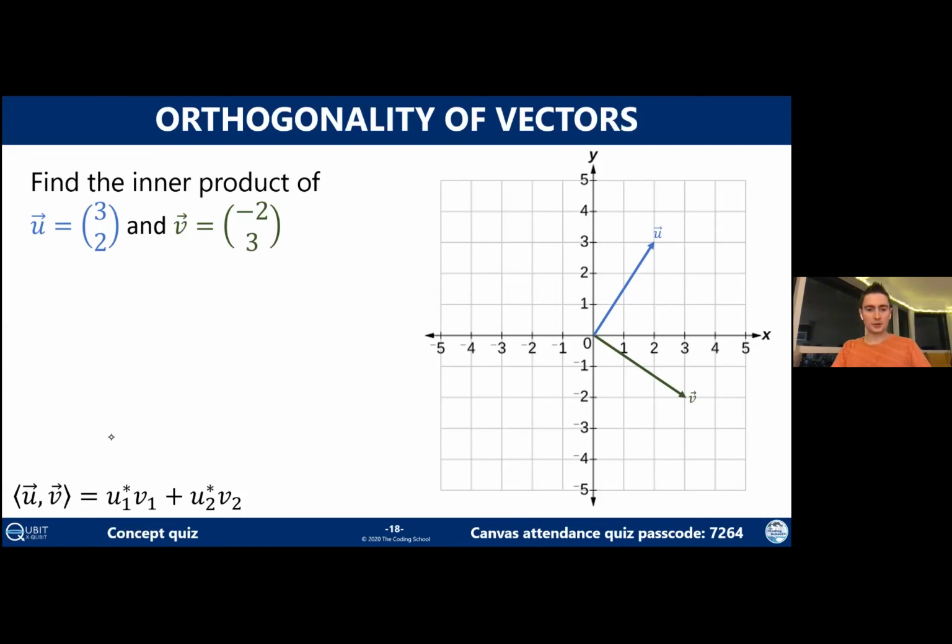So let's go on and do another concept question. Again, this is just to make sure that everybody is getting practice with these kinds of questions. So this question asks us to find the inner product of u, which is the same as the previous slide. V has changed now, so watch that. Use these 2 definitions. The formula is again down here at the bottom of the screen. And so I will give you another minute or so to work out what the inner product of u and v is using that formula.